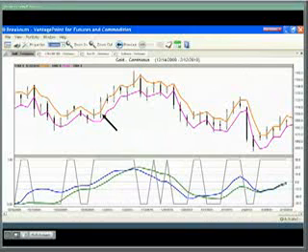high can jump down, they can fake you out, they can penetrate something. There are a lot of jabs and so forth that you want to protect yourself against. So what we are going to do is establish a little bit of leeway for ourselves and try to avoid those types of situations. We're going to use a $10 leeway before we get into the market. In other words, it has to exceed the predicted high by $10 before we enter the market. Just give it a little room to breathe if it wants.